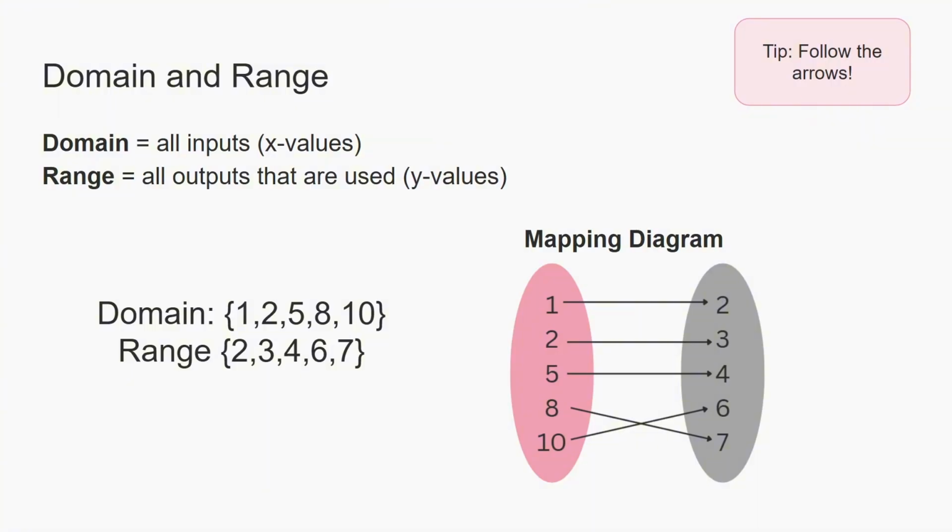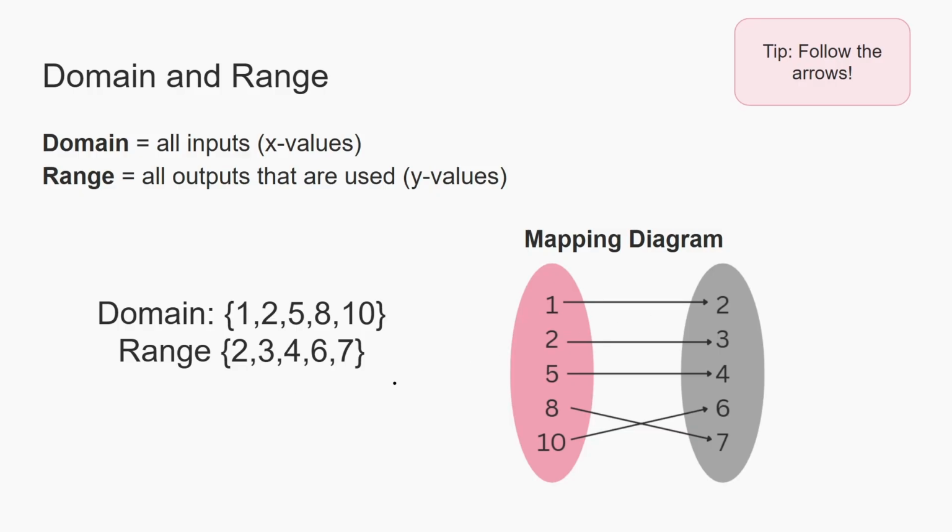So for this example, we have the left side as 1, 2, 5, 8, 10. Our domain is 1, 2, 5, 8, and 10. And our range is going to be the right side, aka 2, 3, 4, 6, 7. As you can see, all the outputs are used, so in this case, everything on the right side is